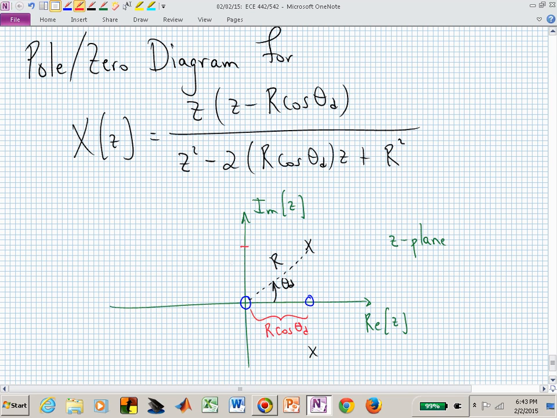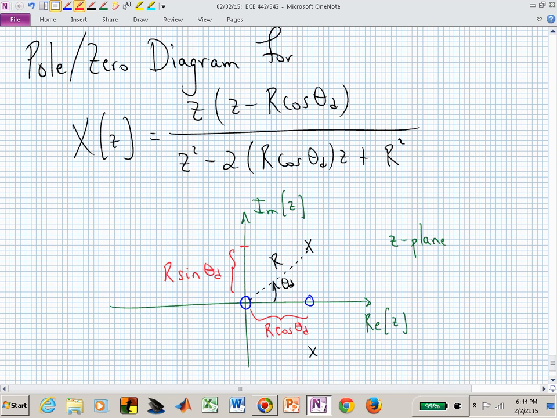This distance is r sine of theta sub d. So now if somebody gives you an exponentially damped cosine with a damping of r and an oscillating piece determined by theta sub d, you now know the pole zero diagram of that